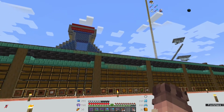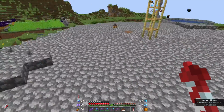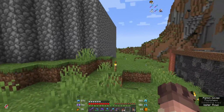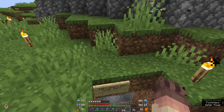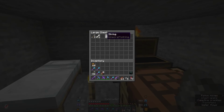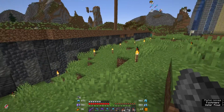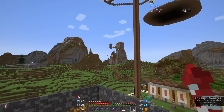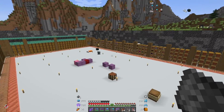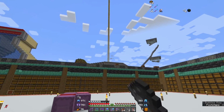We got the sugarcane farm over there. This farm right here, my spider and creeper farm that keeps breaking. Like I said in the clip when I was talking with Mist, I'm no longer terraforming over this. It keeps breaking, so it's gonna get torn down. I've got plans for a better creeper and spider farm. I'm gonna want plenty of spider eyes and strings, and I know other people are gonna need it. So from here, we're gonna work towards that, and in the next episode,